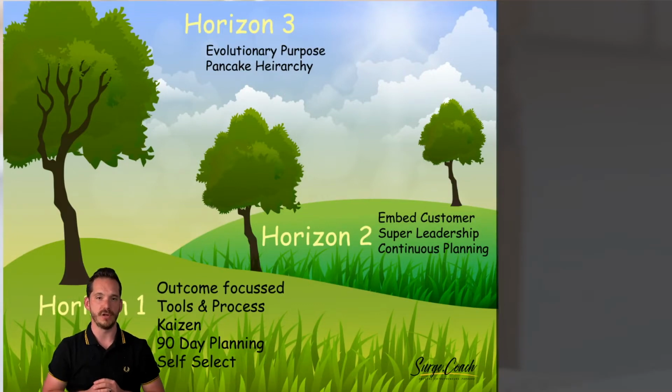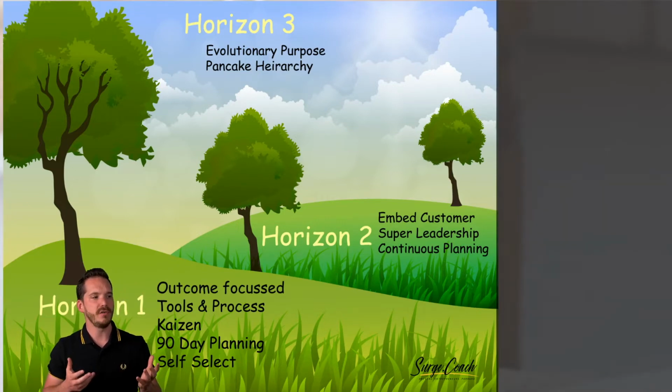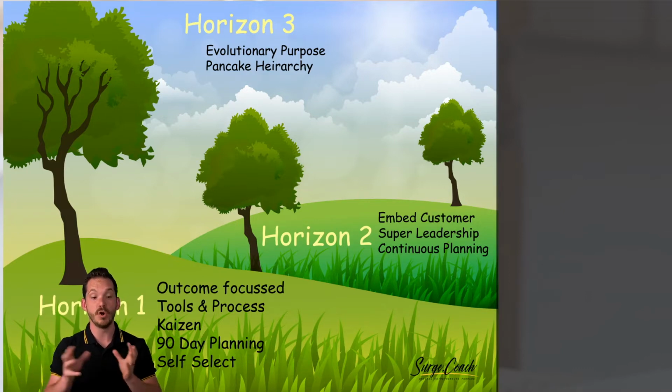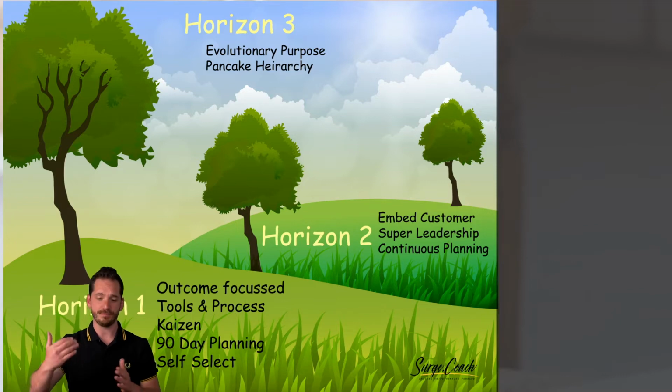We like to use the 3 horizon model. Now, we use it slightly differently to how the strategy guys would use it. The 3 horizon model is an idea that your horizon 1 is what you're doing now. Horizon 2 is almost like your next stage. And horizon 3 is basically these greenfield ideas for your organization. You're working in all 3 stages, but you're focusing on your horizon 1 and then your horizon 2, and this improves your competitive advantage over time.